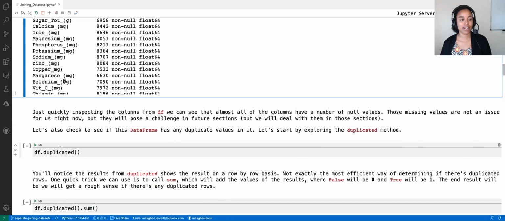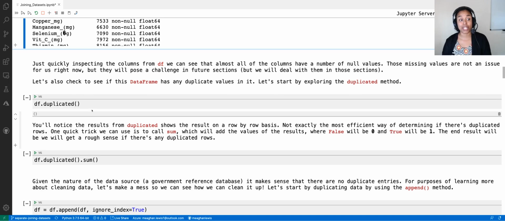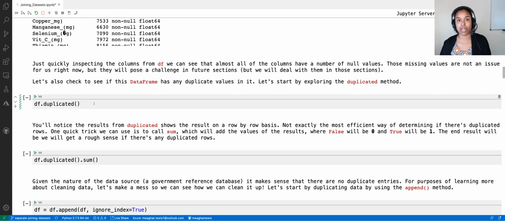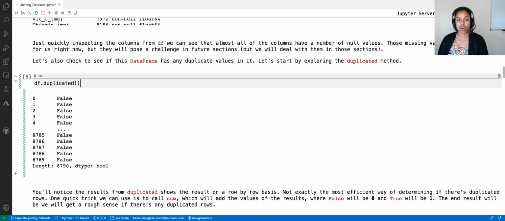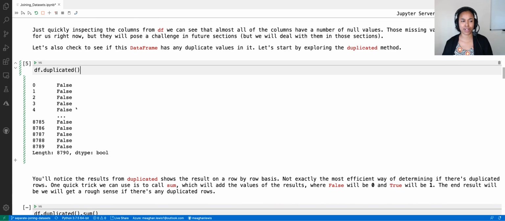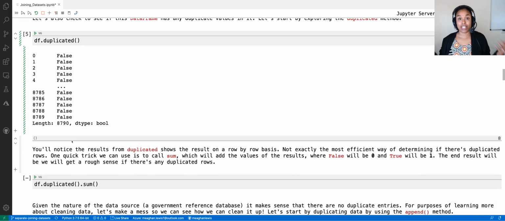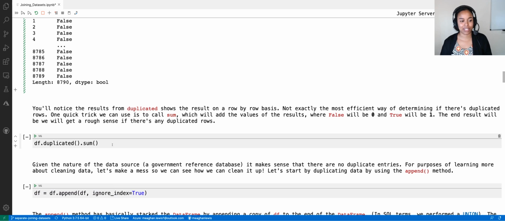All right, so now let's move on to start to explore the duplicated method. So this might be a great thing to do as well when you're just starting to explore the data to understand what's in there. You also might want to know, is there duplicated data that I might need to get rid of? So when I call the df.duplicated method, what I see is the first 5 rows and the last 5 rows. And I see that this is all false. But I don't want to look through 8,790 rows to understand where there might be some duplicates. So there is a quicker way that I could do this